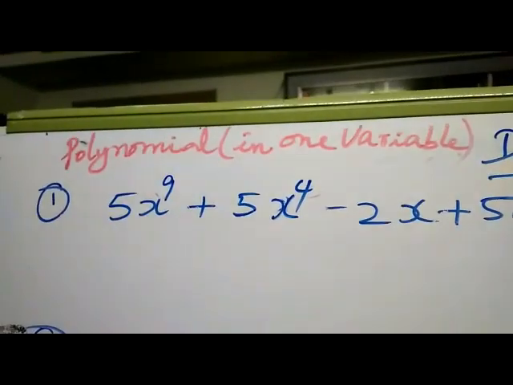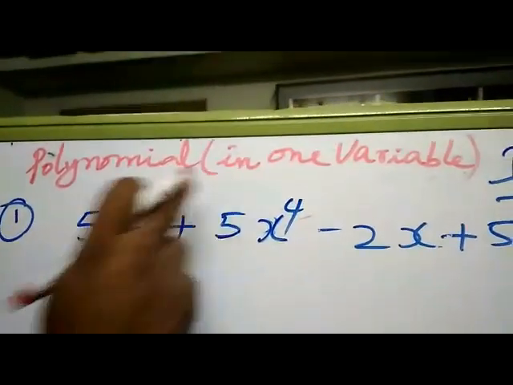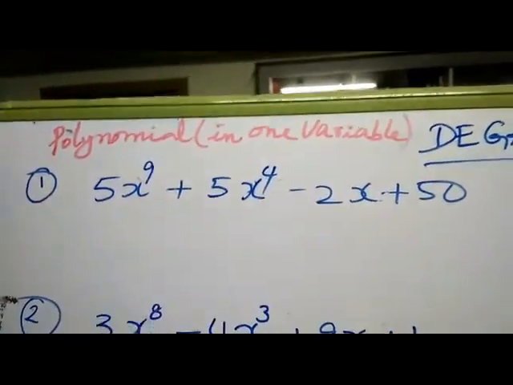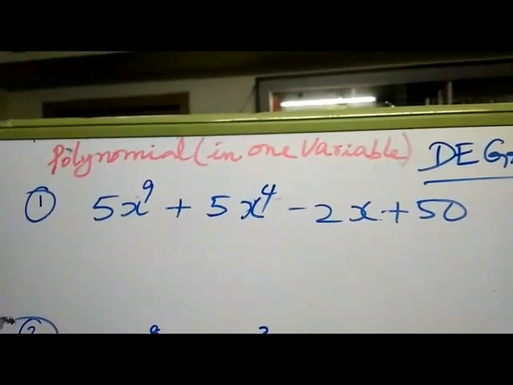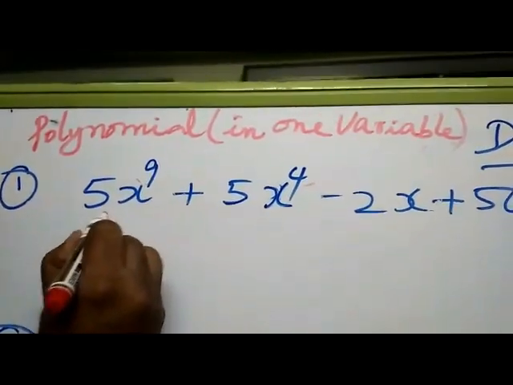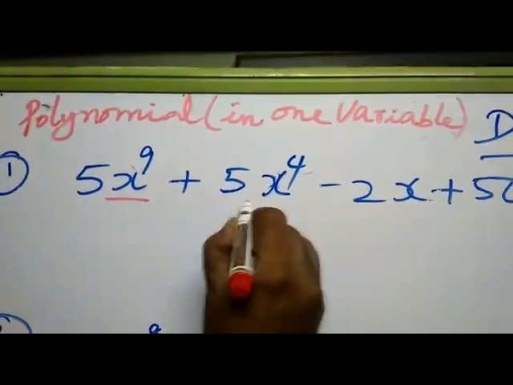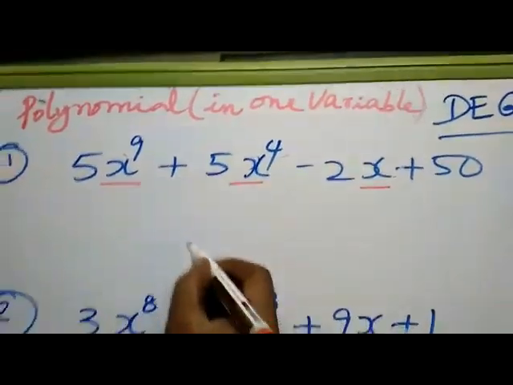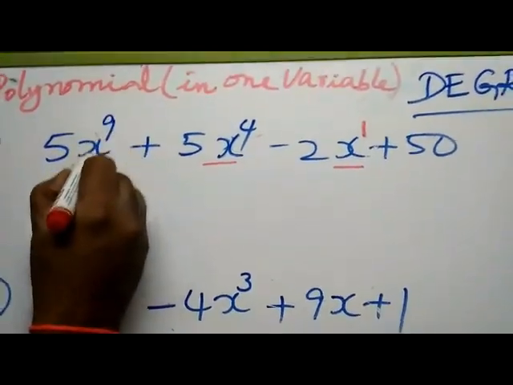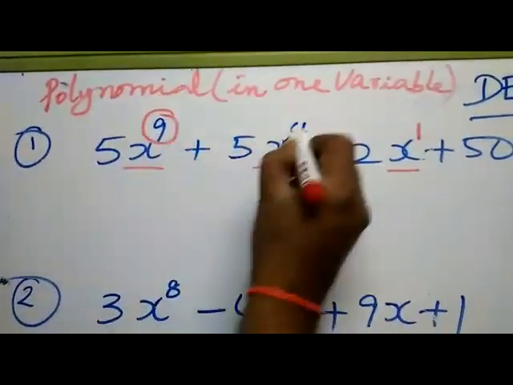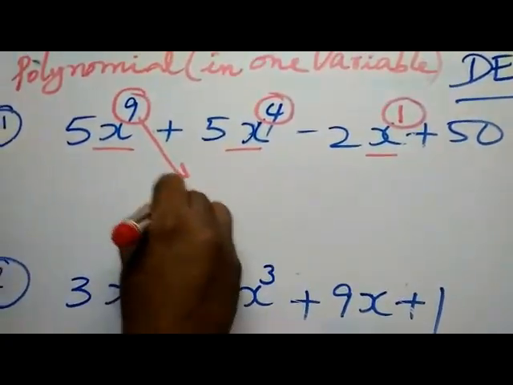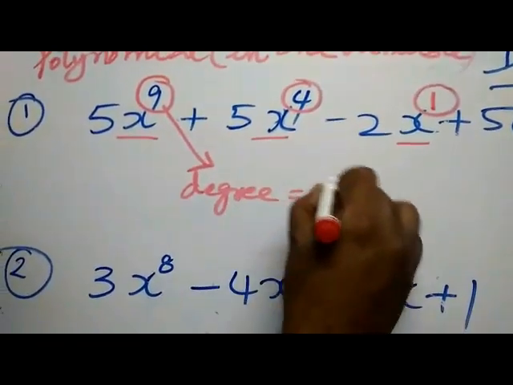So some examples related to polynomial in one variable and polynomial in more than one variable. First, polynomial in one variable, that is very easy. This is very important for us. Now let us check here one variable. That's why here always x is there. How to find this degree? What is the power of this variable x? Check the power of the first term. 9, 4, 1. In this, what is the highest power? 9 is the highest power. That's why degree is equal to 9.